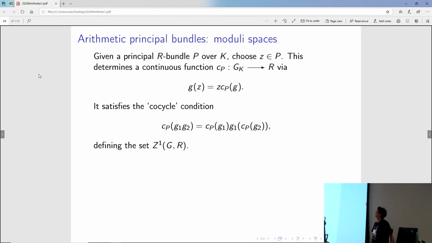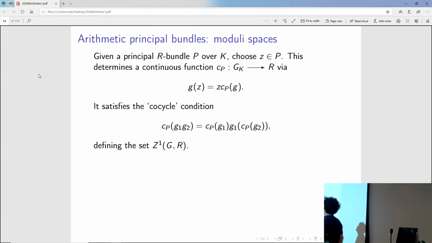So let me just also give you a brief description of something that's very well known and not usually regarded as very useful to think about, but I think it is something we should think about. That is, I mentioned earlier that I'm going to study arithmetic principal bundles, but also moduli spaces of them. Study them in families. For that, let me remind you that if you're given an arithmetic principal bundle,